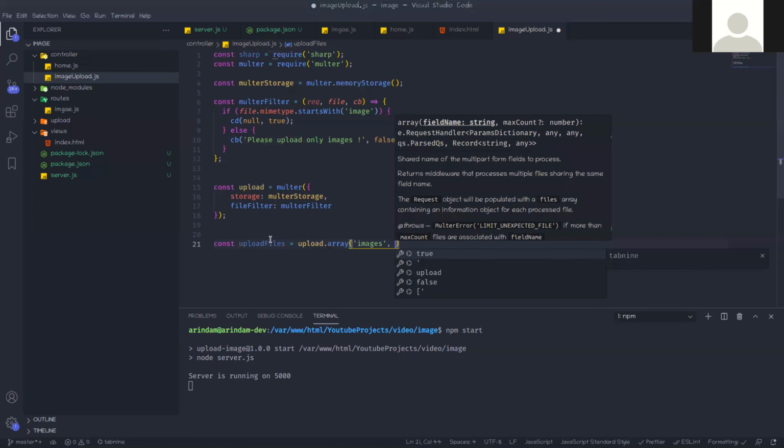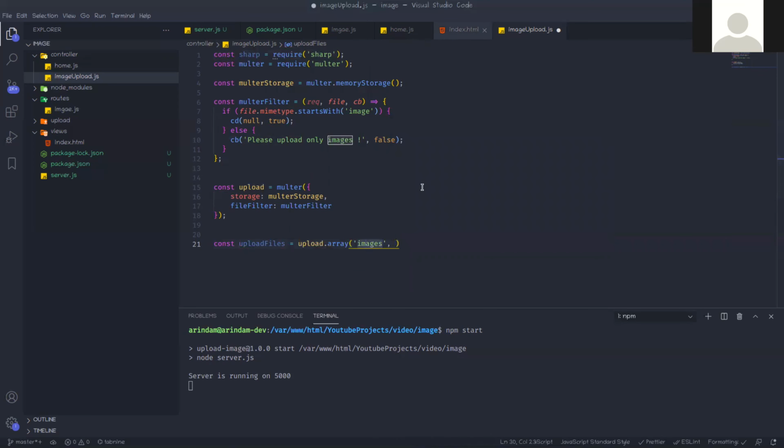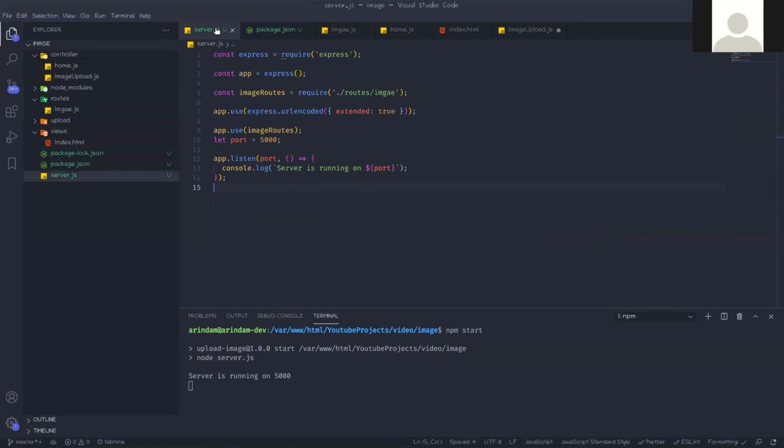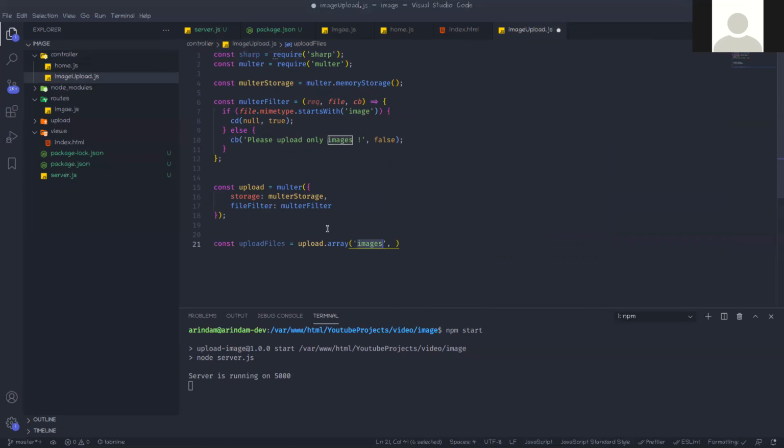Images is the input name. If you go to index.html, you can see that the name is images. If you change that name, you also need to change it here. And we can give the array limit. I am giving the limit 10.